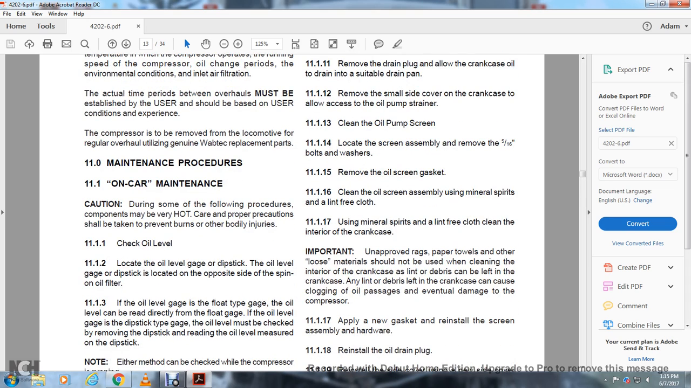Use mineral spirits and a lint-free cloth to clean the interior of the crankcase. Unapproved rags, paper towels, or other loose material should not be used for cleaning the interior of the crankcase. The lint and debris can be left in the crankcase, and any lint or debris in the crankcase can cause clogging of the oil passages and eventually damage